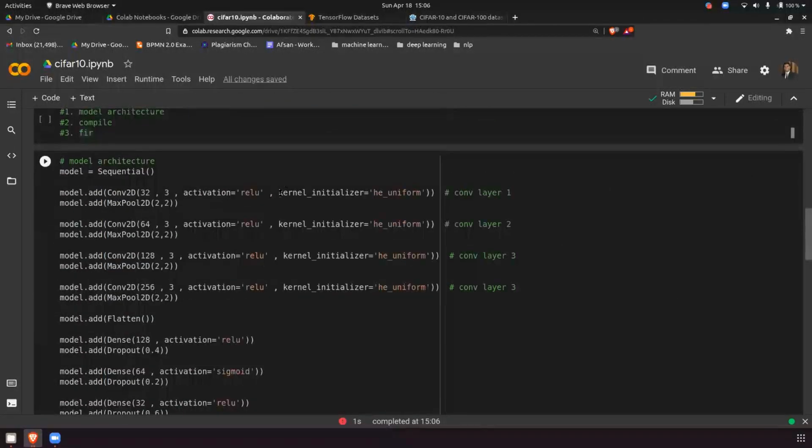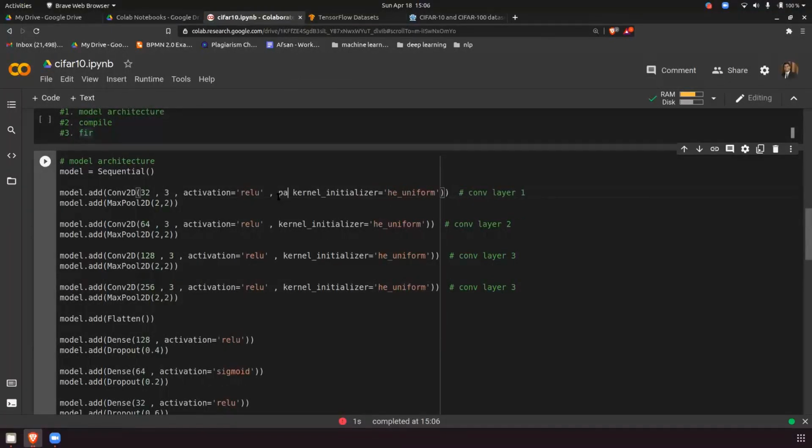To overcome this problem, you have to add one more parameter, and that is padding. If you remember what padding means, it is to give the same size as the input size. So you have to set this as same. This parameter called same will do the internal calculation on its own and try to give the same output to you. So if you do this, then the error will be resolved.